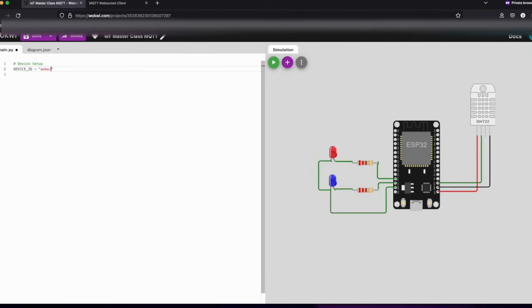WOKWI001. So take this down a little bit, just in case we need to put some import statements later. Then let's set up our Wi-Fi. So for Wi-Fi, we would have